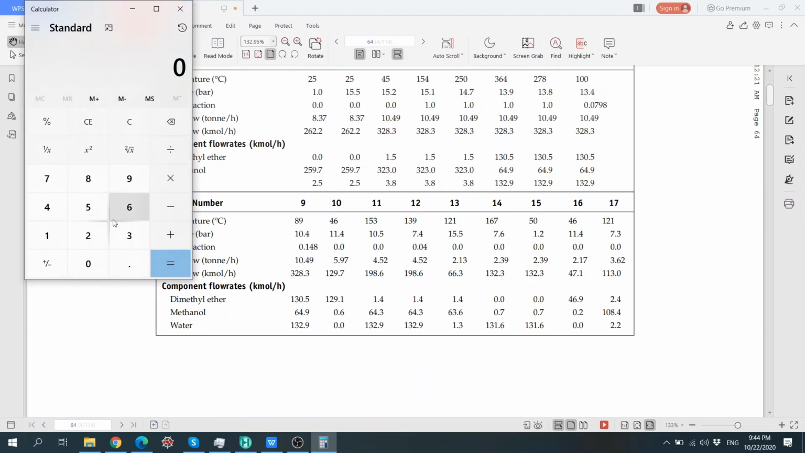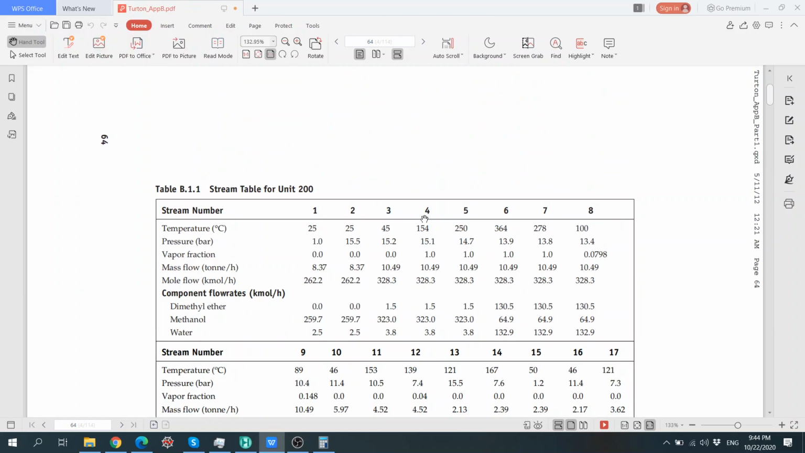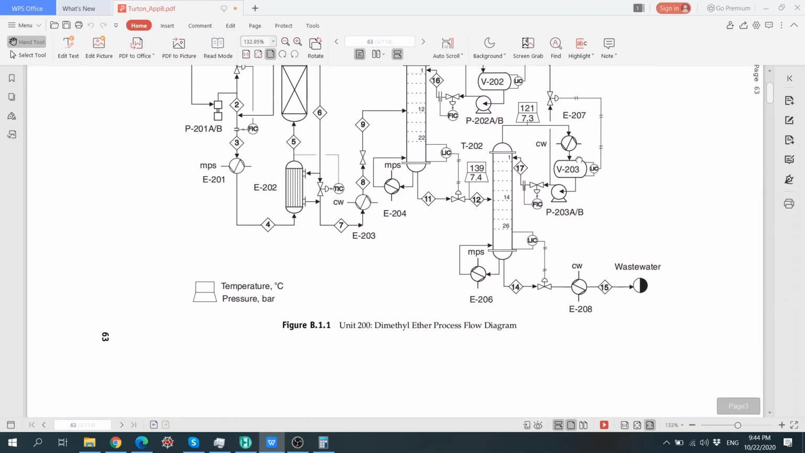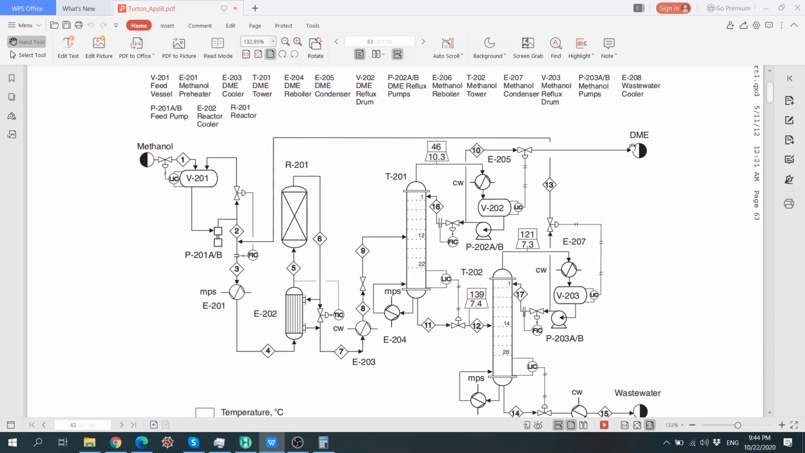So 129.1 divided by 129.7, so we have 99.5% mole. So we are going to produce 99.5% mole of dimethyl ether at the top. So we know that the purity of this dimethyl ether that we're going to make is 99.5. Okay, so again, step number one, we identify what the stream is that we are going to separate,